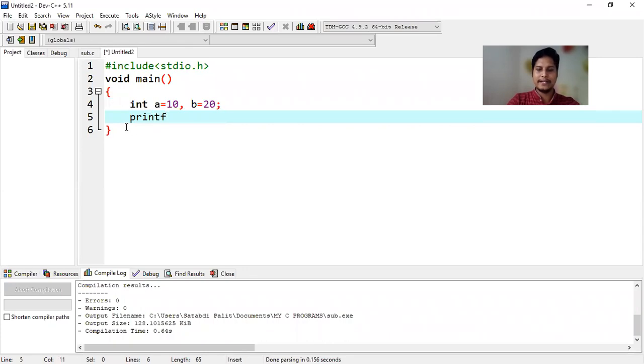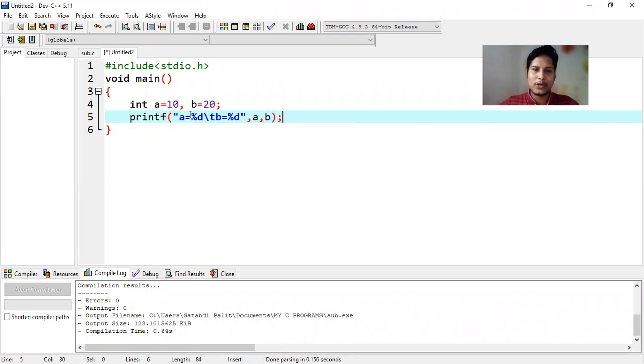In the printf statement, within double quotation, I'm writing a is equal to %d, then \t, then b is equal to %d. Okay, next comma a comma b, then semicolon.